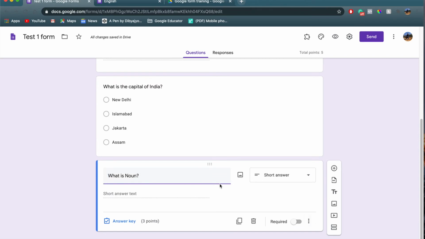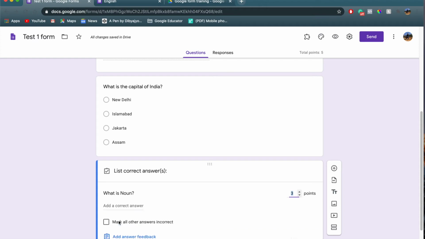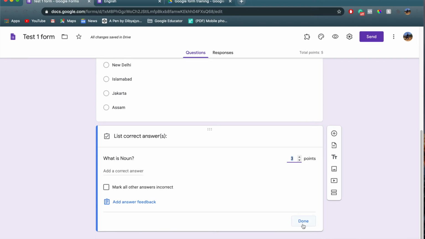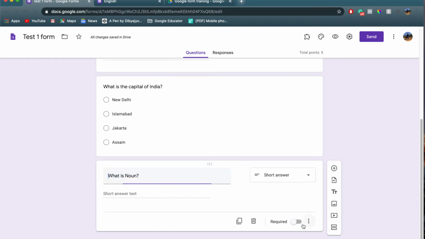Whenever a student attempts this question, Google will not auto grade it, but this is for your convenience. Whenever you check the form manually, you will be able to give any marks, like 2 out of 3, 1 out of 3, and Google will do the calculation for you, like the total points and the total grading.